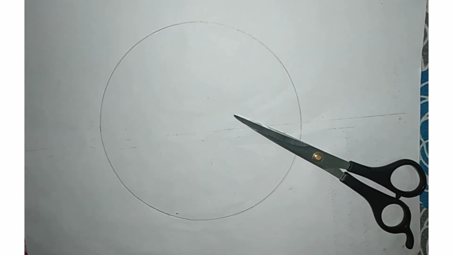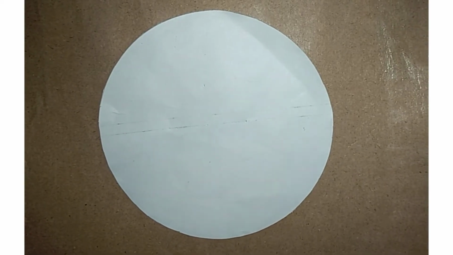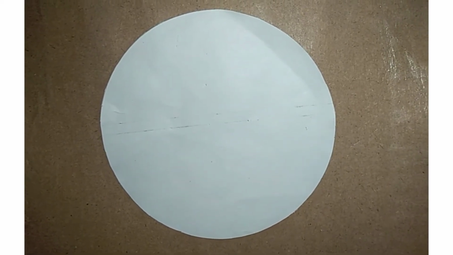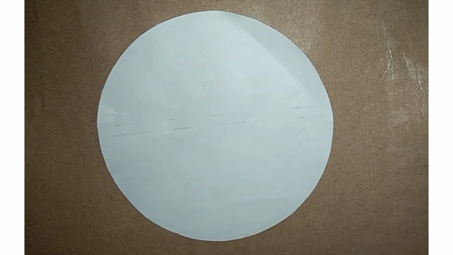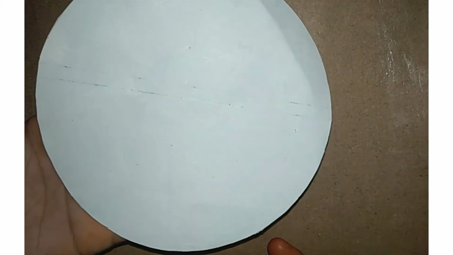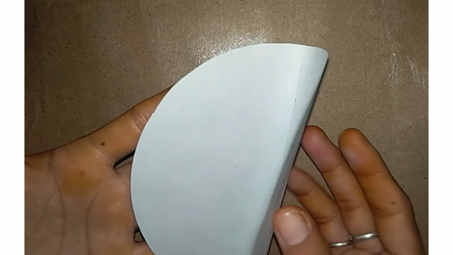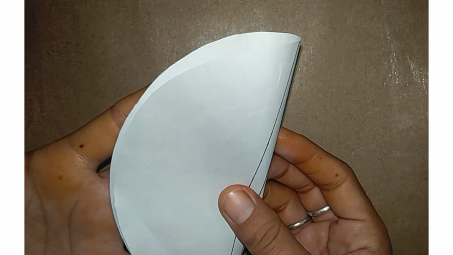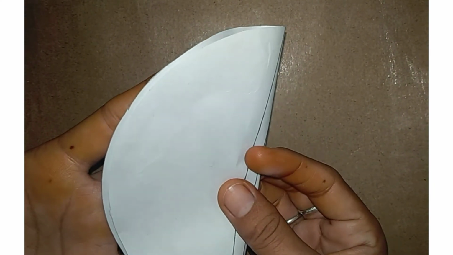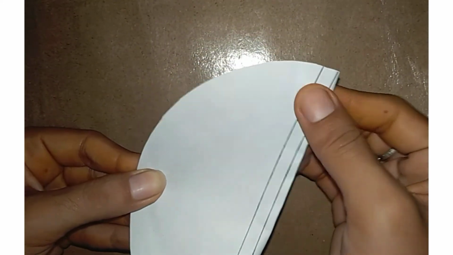Now I am using a scissor to cut it out. Now this is my circle after cutting it from the piece of paper. First I will take it and fold it exactly, one half of the paper onto the other half, like this.